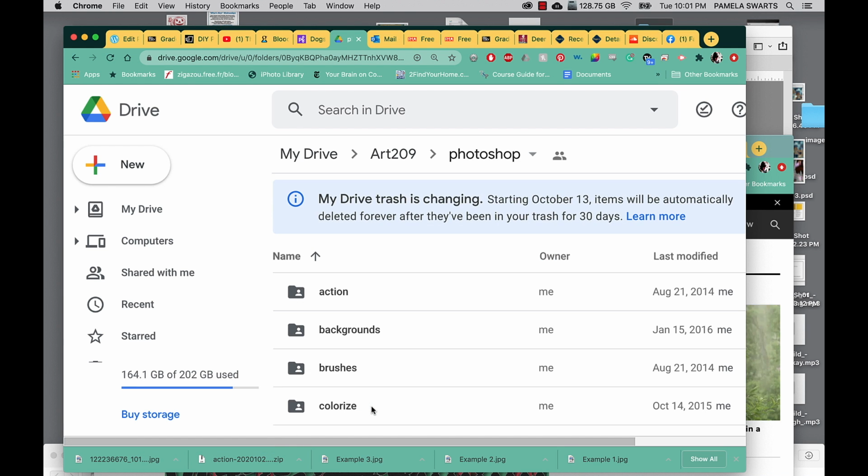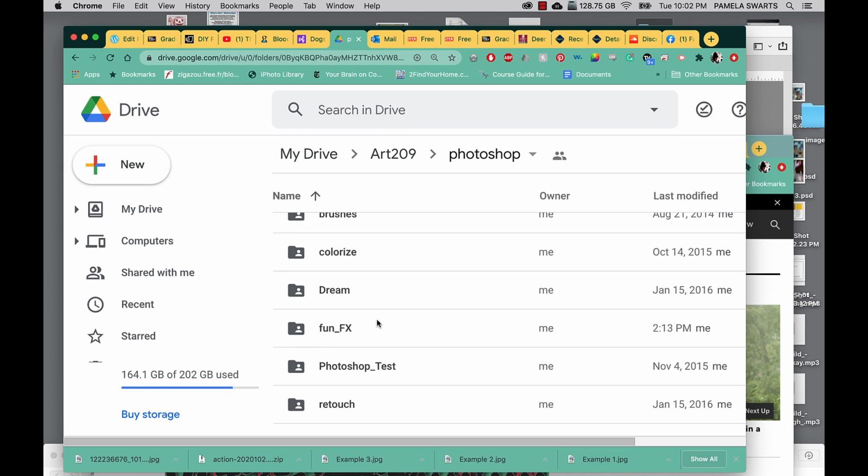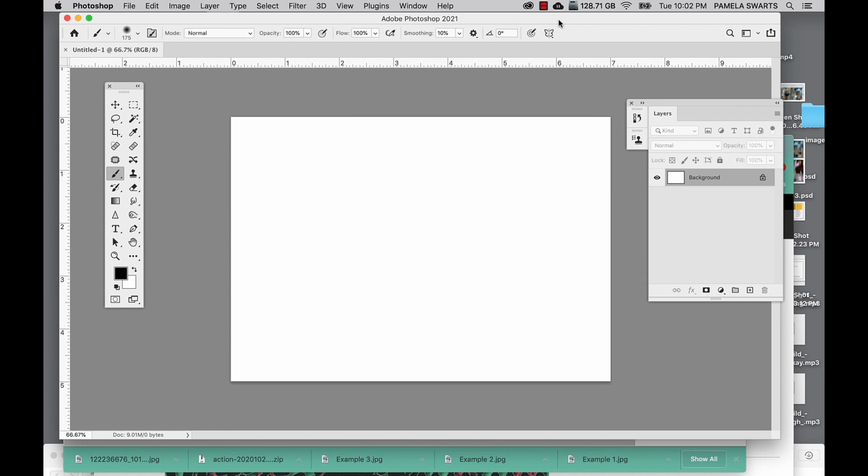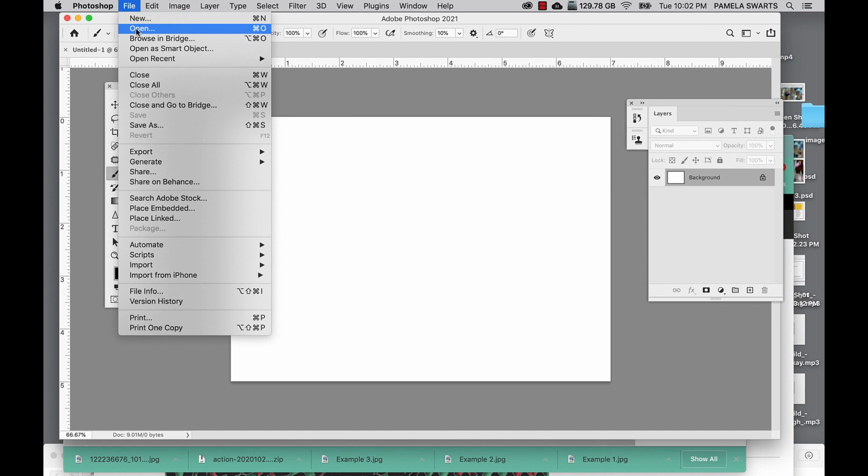Okay, so you want to go to your Art 209 folder, Photoshop, and you can download this whole Fun Effects folder, and then you'll have lots of stuff to choose from. So that's probably the easiest way to go. So let me go to Photoshop, and I'm going to say File, Open,